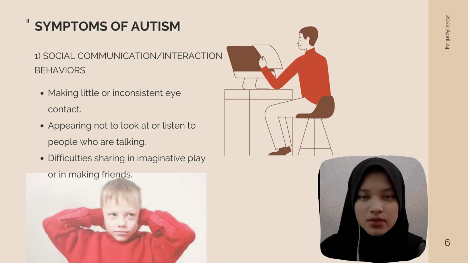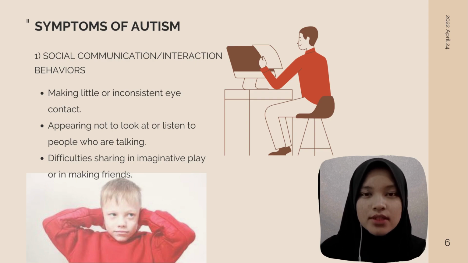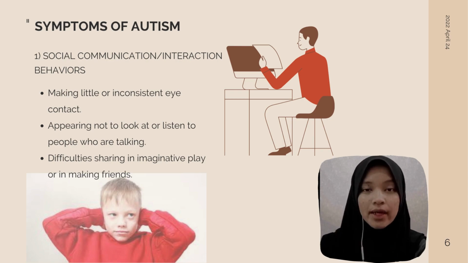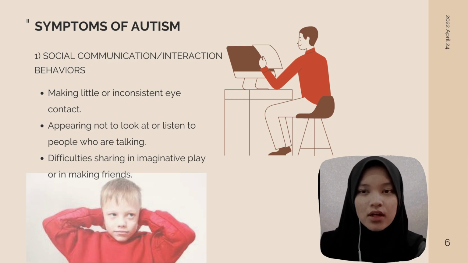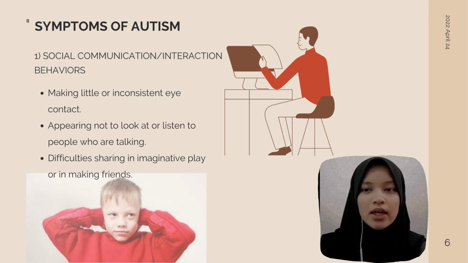Okay, there are a few general symptoms of autism, which are social communication and repetitive behavior. So first and foremost, social communication refers to making little or inconsistent eye contact during the interaction. So during the interaction, there is no eye contact. Also, they appear not to be looking or listening to people who are talking. For example, if we call their name, they might not respond directly. And they hardly play with toys in the right way. For example, they tend to arrange cars in a long line, or they only play with the tires, and also